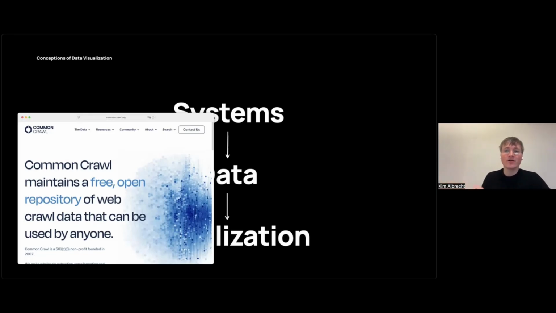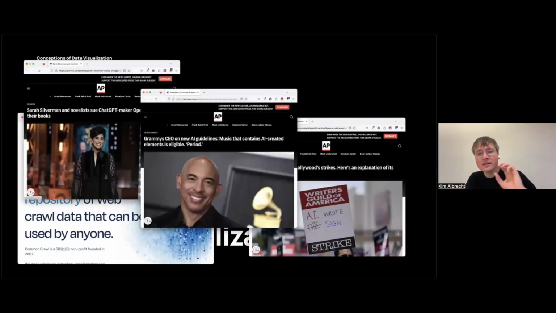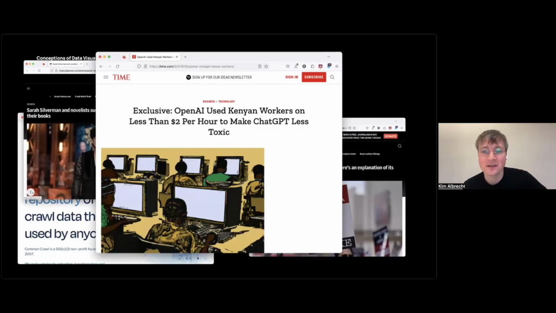The scraping of all data from the internet led to many upsets from Hollywood writers, novelists to journalists. But there's another problem. The internet is not built on the purest knowledge of humankind. Bullying, trolls, stalkers, crime, pornography, just to name a few problematic areas. And to counter these problems, OpenAI, the company behind ChatGPT, used a lot of human labor, especially in the global south, and paid them very little, less than $1 per hour, to make the system less toxic.